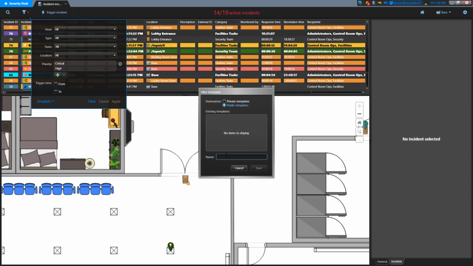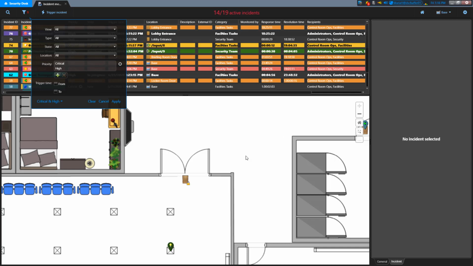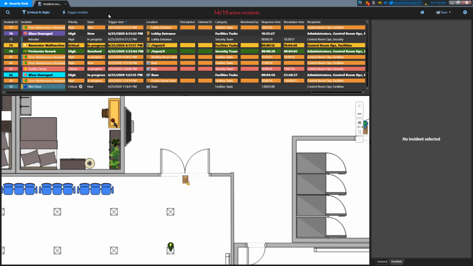If this is a useful template that you can see a lot of people on your team needing, you can save it as public, and the next time someone logs in, they will see the new public template. You can also make changes to it and save it from the template menu, or manage the templates you have access to. If you have saved your filter configurations as a template, when you hit Apply, you'll see the name of the template instead of the number of categories applied.